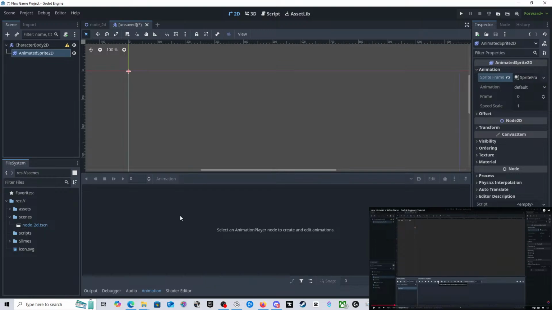Select animation player node to create and edit animations. One second.